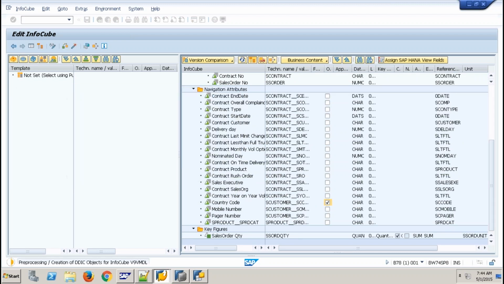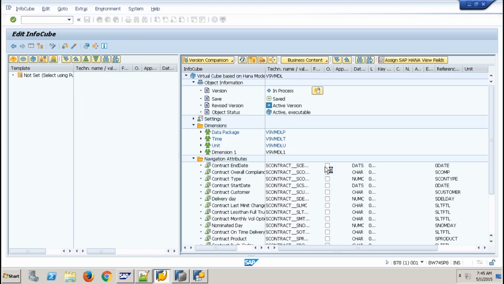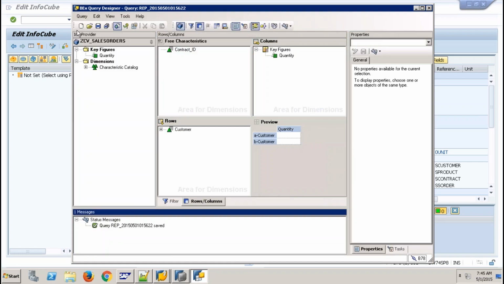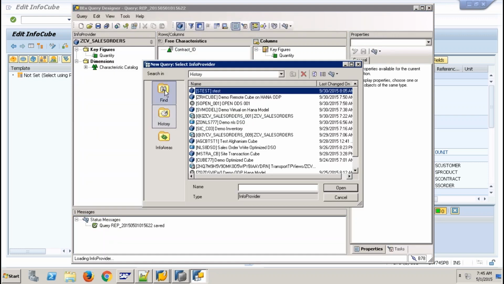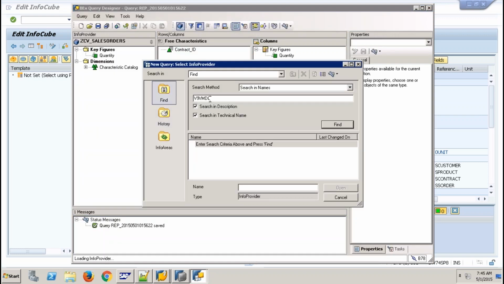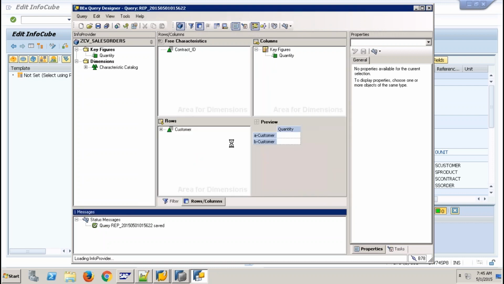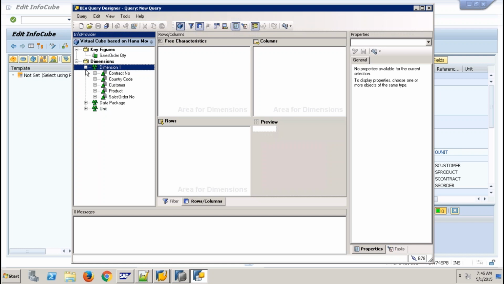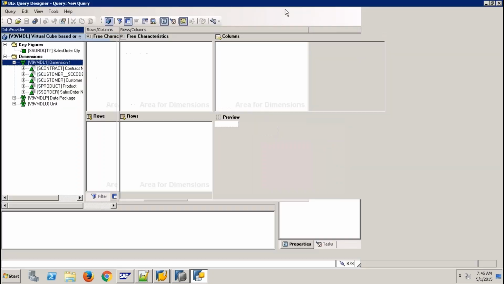So I should be able to consume this navigational attribute also now. V9, let's create a query. See, I'm able to consume this navigational attribute here.